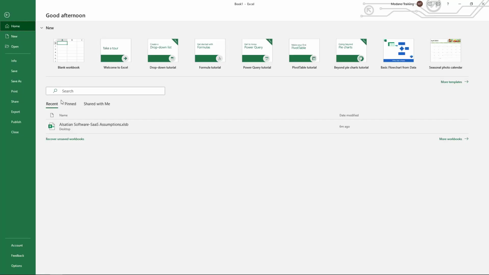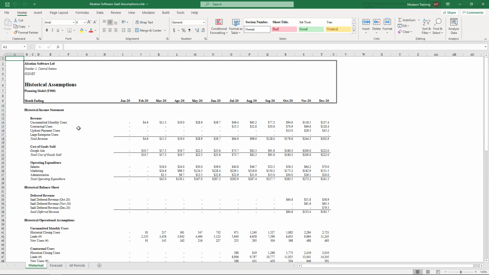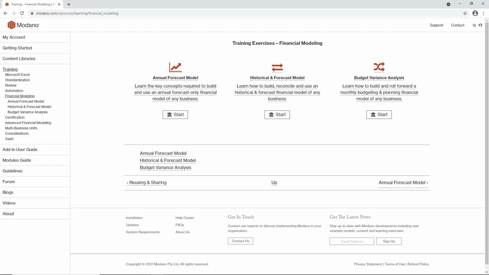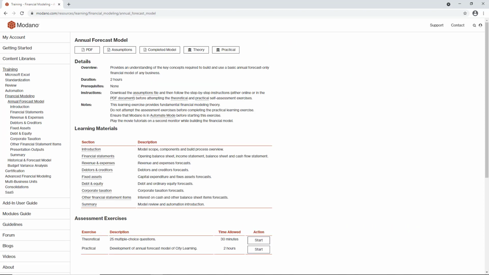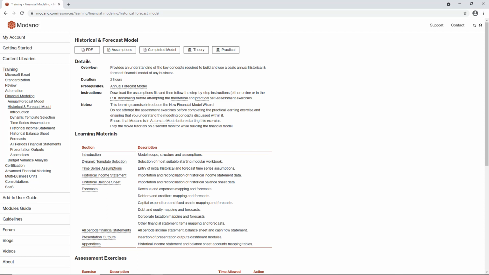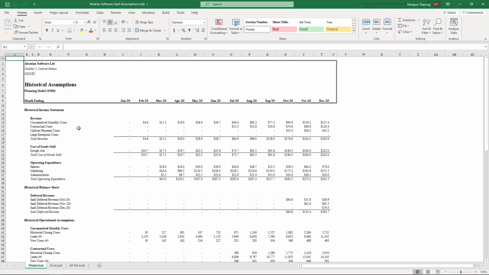So in terms of process, what you're going to need here is the assumptions file, which you should be able to get from the Modano website. Now, in terms of prerequisites, you don't have to have done a whole stack of work before you dive into this SaaS fundamentals training course, but it probably is quite beneficial if you have sat through at least the forecast only model and maybe had a look through some of the historical forecast course, just to understand the more fundamental structure before getting into some of the more hardcore analysis here, particularly around that historical forecast, derivation of historical metrics